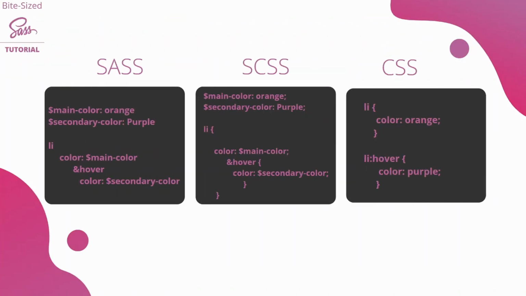Now you may be wondering why I created a SCSS file instead of a SASS file, and that's because there's more than two ways to write SASS. So as you can see in this example, we've got SASS and SCSS. Now if you look in the first box, you can see we've got two variables which are acting as colors, and we're coloring a list item, and we're also coloring the hover effect. And what you may notice is that SASS doesn't require curly braces or semicolons,